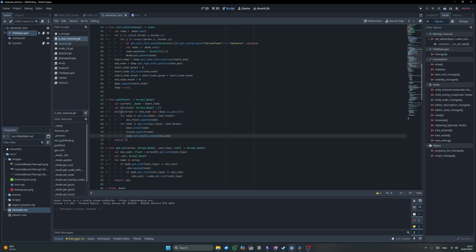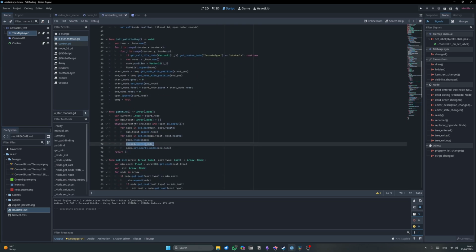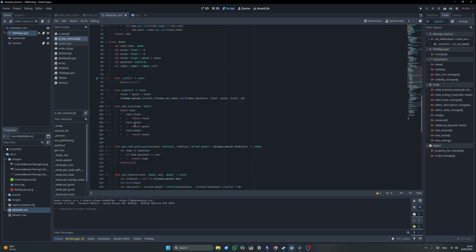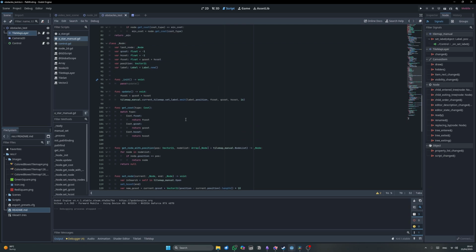It's supposed to search through the lowest F cost node in open, which is check nodes, and then the lowest H cost and the minimum F cost nodes, and then it processes those. And pathfind is supposed to be in set nearby nodes, I think, or in set node. Anyway,